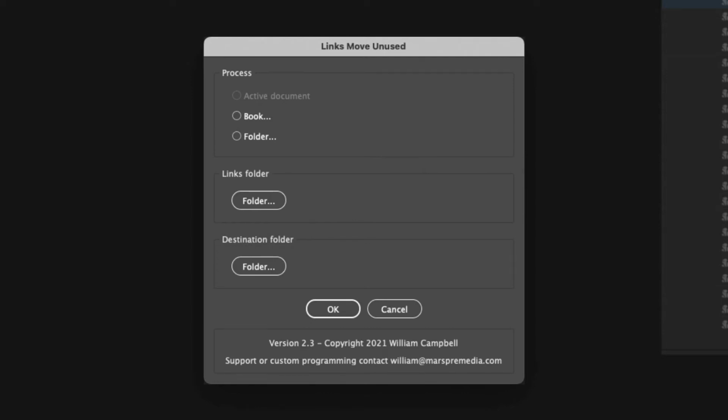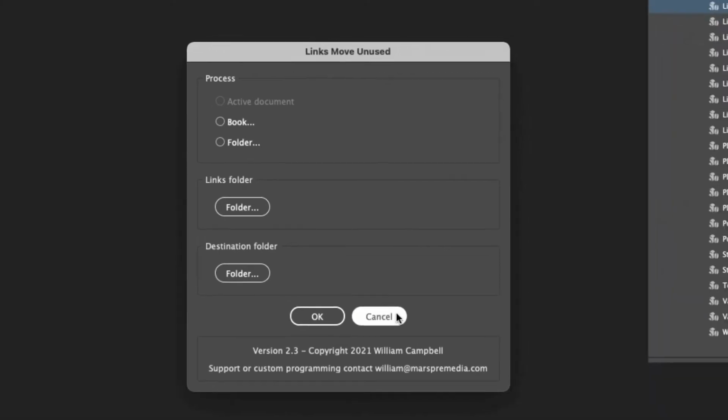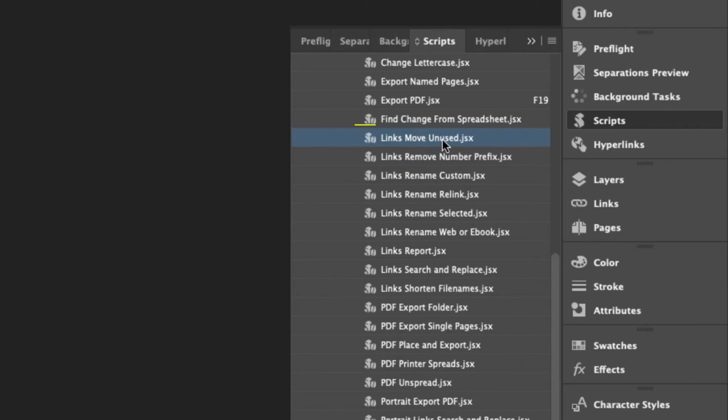It's possible to package the document and produce a links folder of graphics placed in the document, but what about graphics not used? I don't want to discard them, and they are still blended with the graphics that are used in the links folder. So I made this script to pull out unused graphics and put them in a separate folder, Links Not Used. I already have the script installed in InDesign.